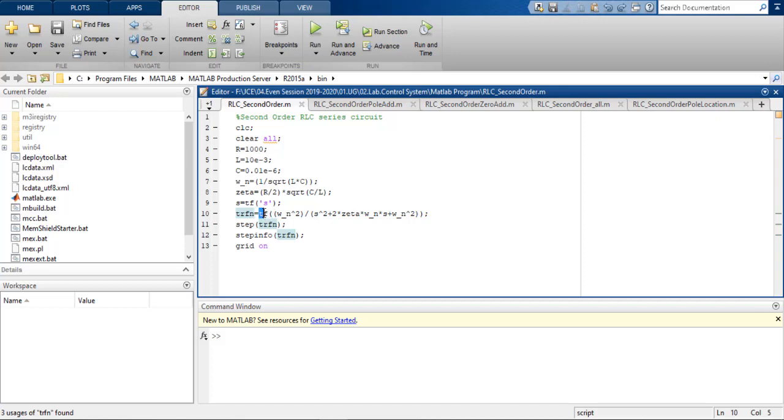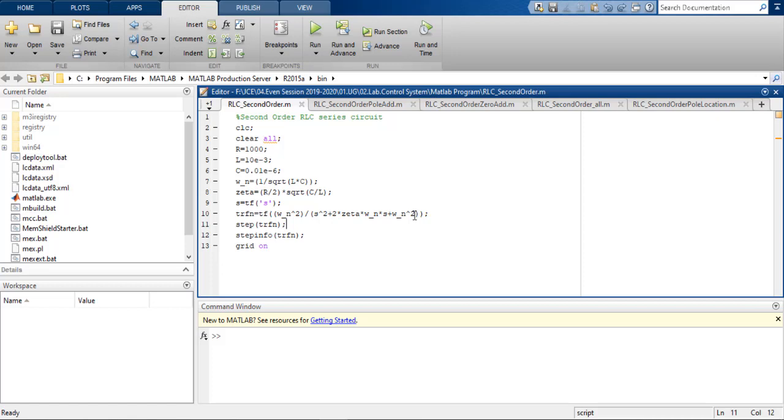This TF is a function within MATLAB that converts a general formula to a transfer function. I'm using this TF function to convert a general formula. The formula is omega n squared by s squared plus 2 zeta into omega n into s plus omega n squared.